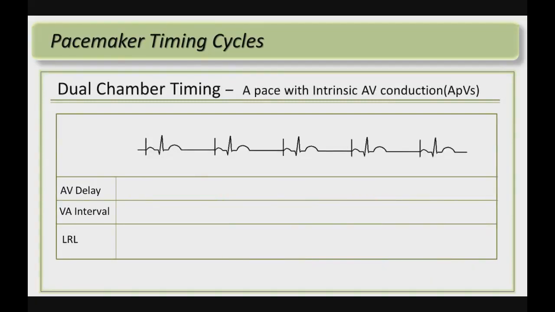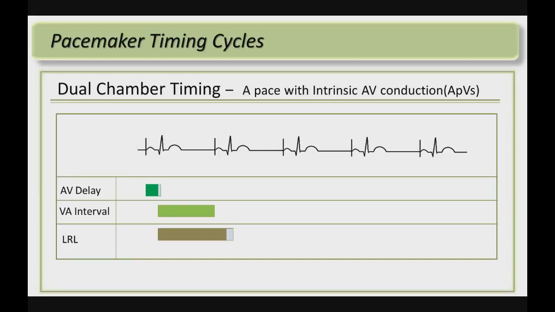Atrial pacing with intrinsic AV conduction, or A-pace V-sense. First, we see a paced atrial beat. With this pacing pulse, we start our AV delay, which is beat by an intrinsic ventricular event. The ventricular event is sensed, and therefore we start our VA interval and our lower rate limit. Next, we see that our VA interval has timed out, telling us that we need to pace in the atrium